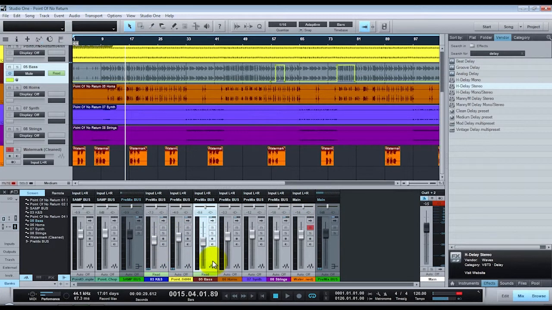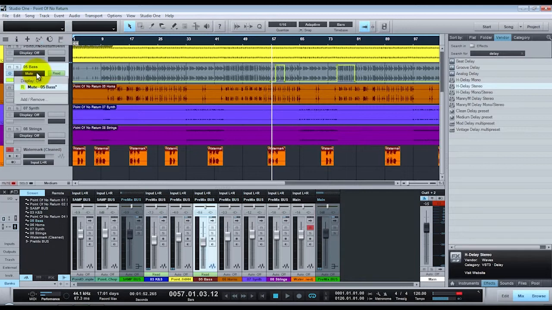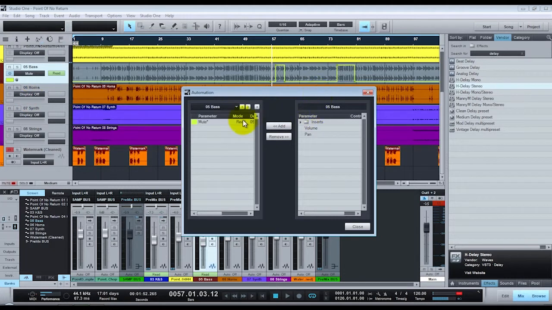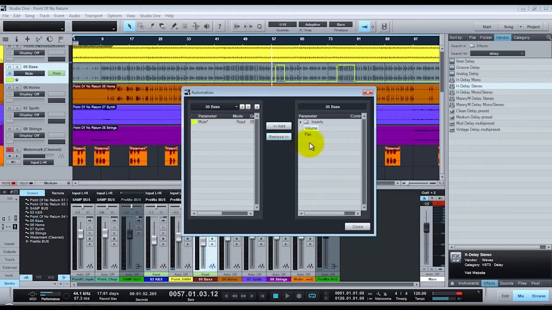So on the bass here, if you turn on the write, and how I got to the mute, it's like when you're here, add remove, and you see I had vocal, volume pan were on this side, so they were over here. So I had removed them, and mute was over here. I added it over here,